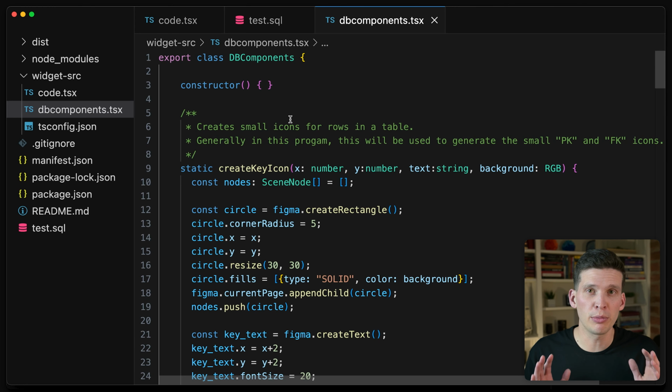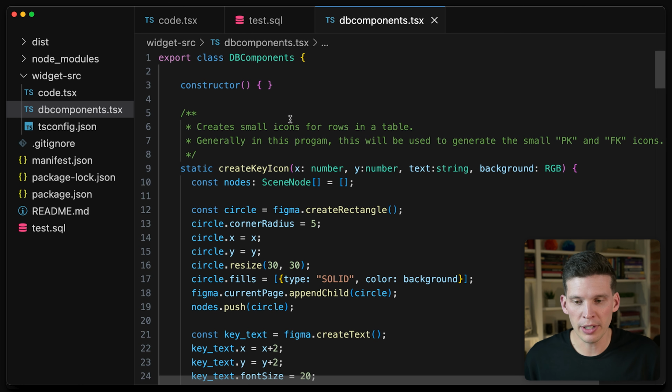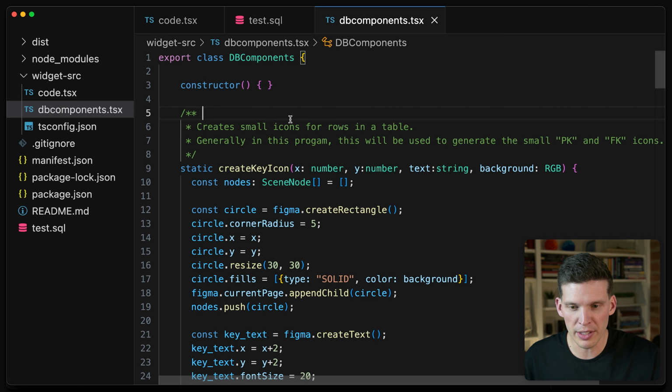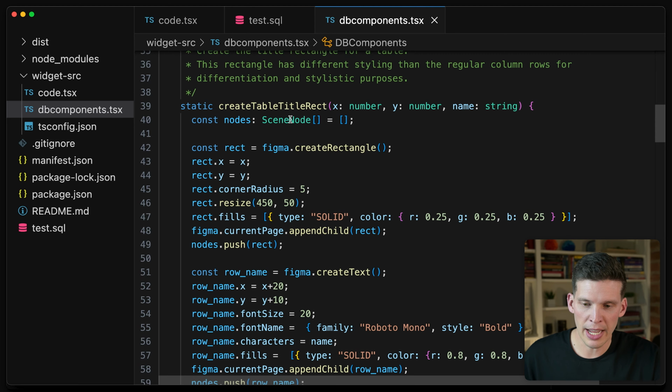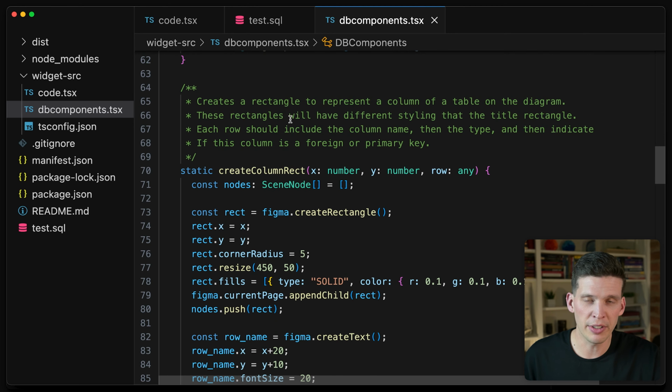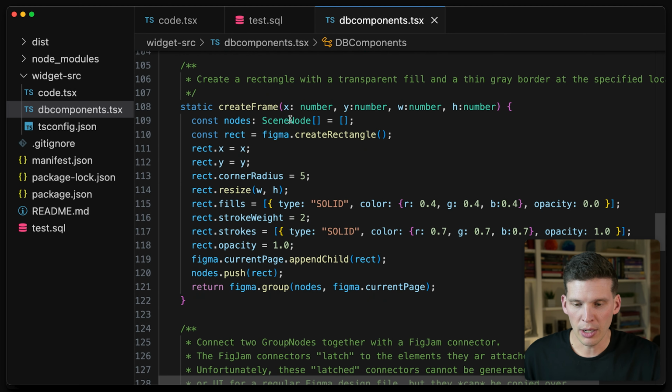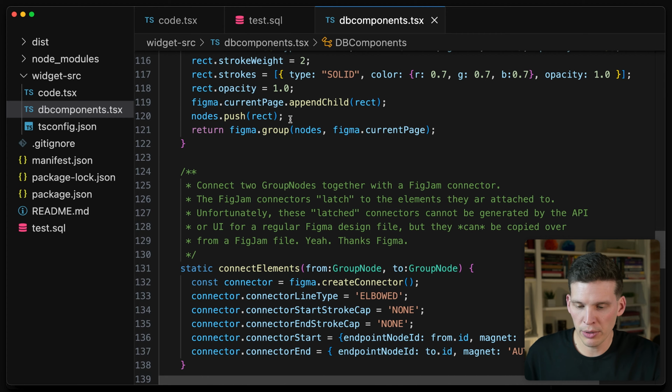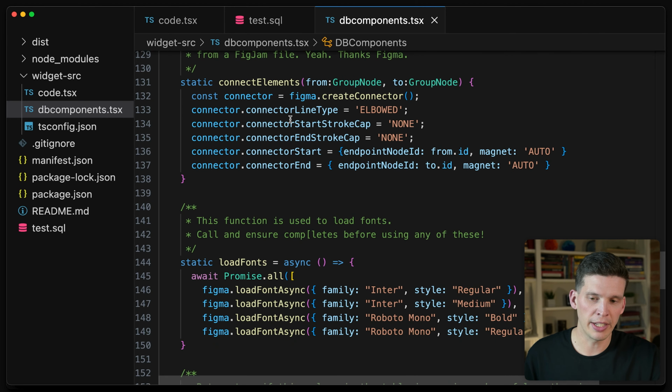Now I'm going to provide some starter code, which you can access in the link down in the description. But this is going to help make the video move along a little bit quicker. And so there's a bunch of helper functions in this dbcomponents.tsx file. One for creating an icon for a key, another for creating a table title rectangle, as well as a column rectangle, one for creating a frame for a table,